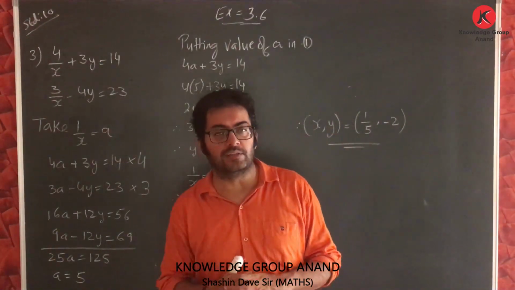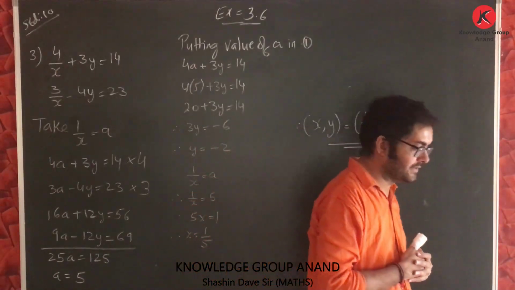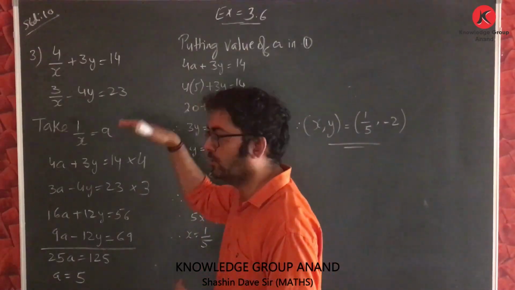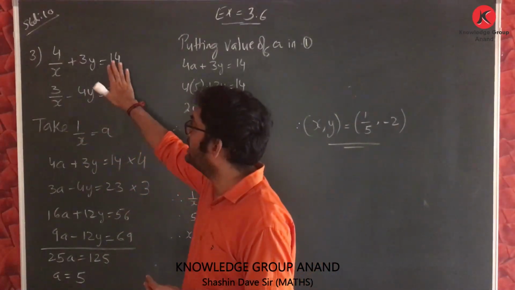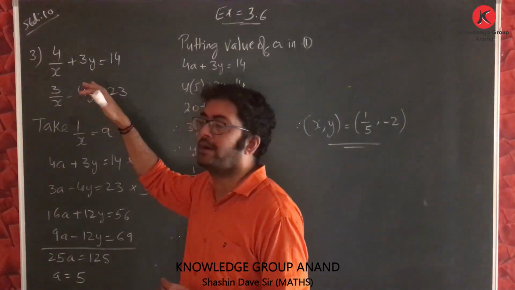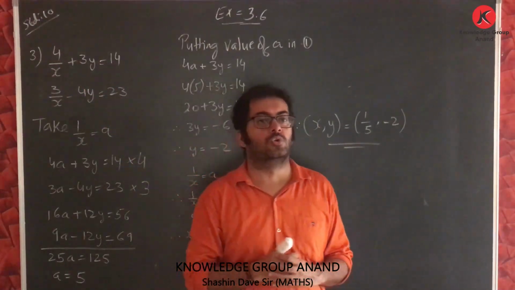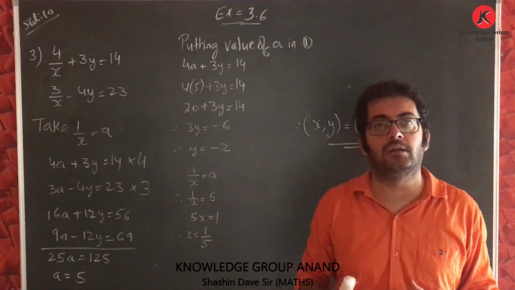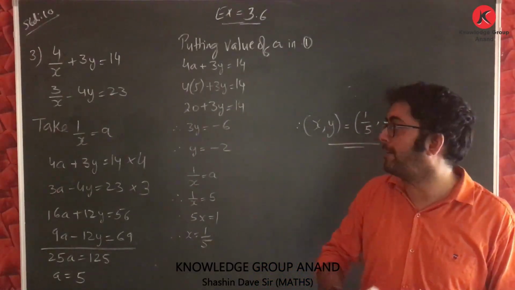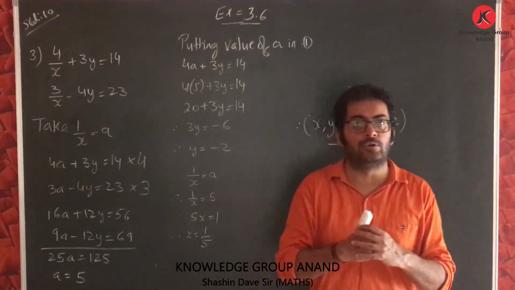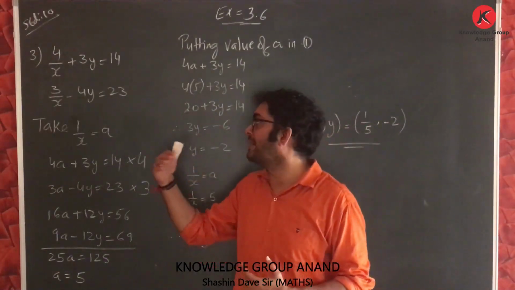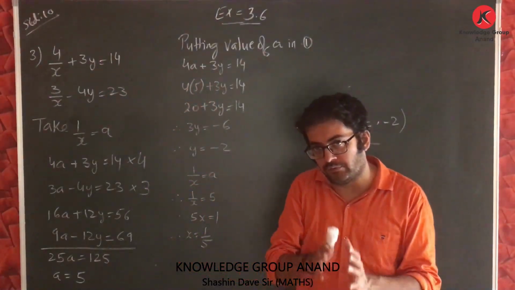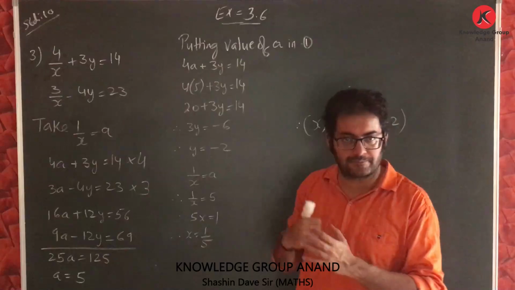Now what is different in this question from the previous two questions of the exercise is that in the previous questions x and y both were in the denominator. Now here y part is okay, only the x part is in the denominator. So my assumption will be limited only to the part of x. No need to assume 1 upon y, because y is not in the denominator, it's in the numerator itself. So I need to take assumption only for the part with x.